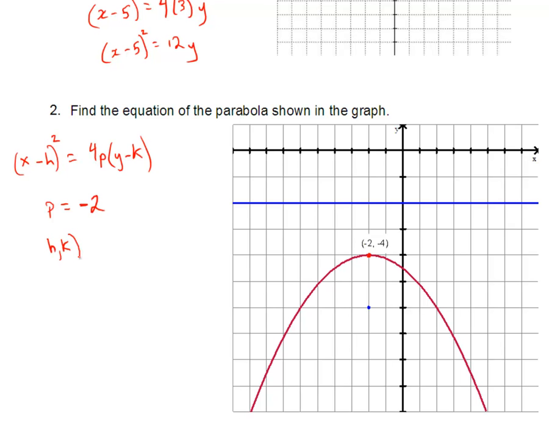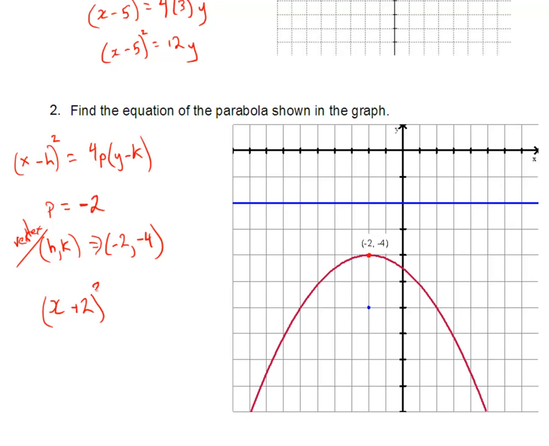h, k is the vertex. So if we know the vertex, we can find h and k, and this is given in this diagram over here, (-2, -4). Fill in the pieces and we're done. So x minus h means x plus 2,